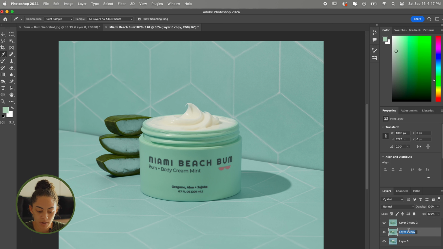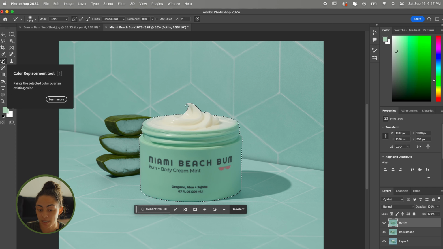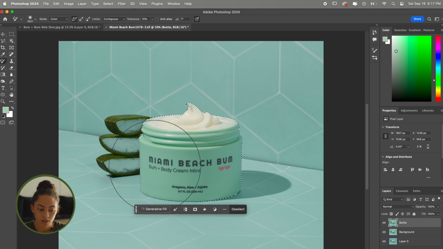So I'll name this one background, name this bottle, even though it's a container. I'm gonna use the object selection tool just to isolate the packaging. I don't want to change any other colors except for this packaging. I'm gonna select the color replacement tool, and we already told the program what color we wanted to change it to. So now I'm just gonna click,